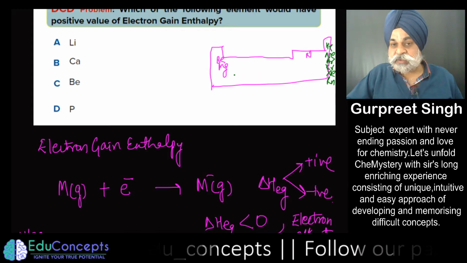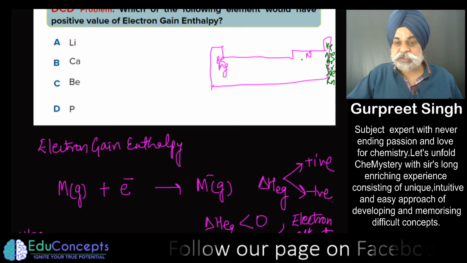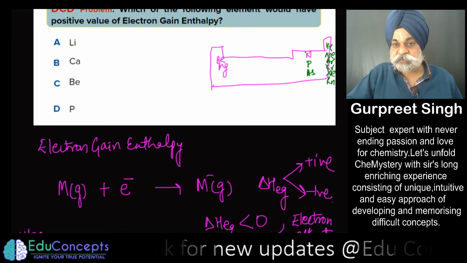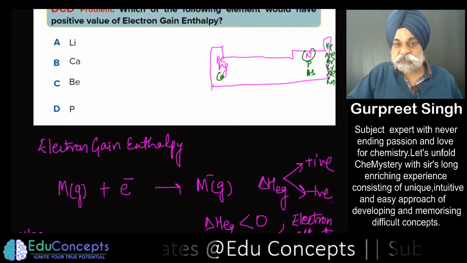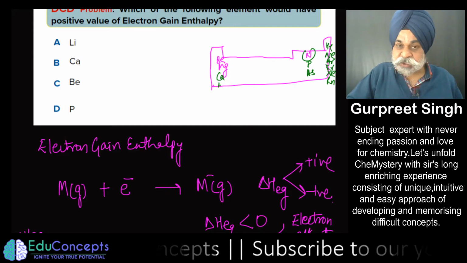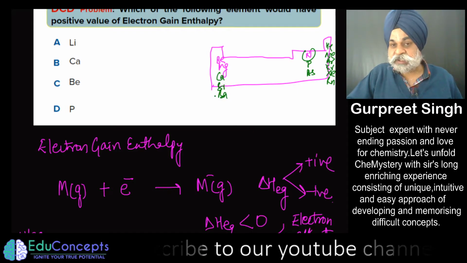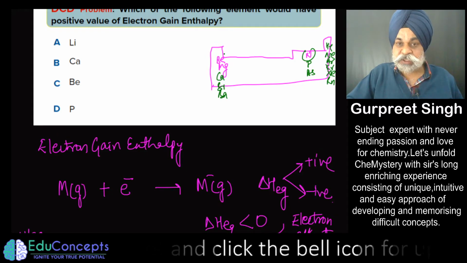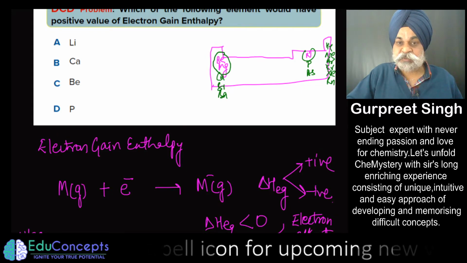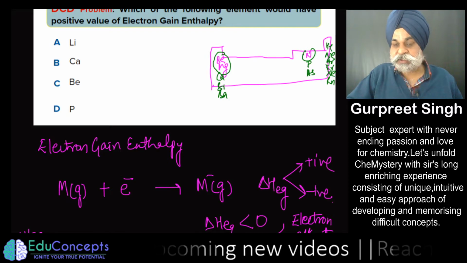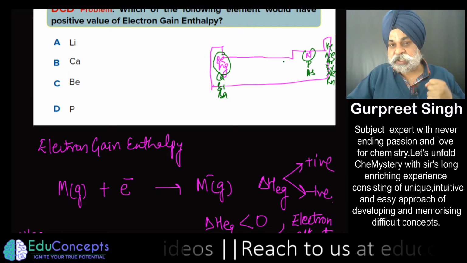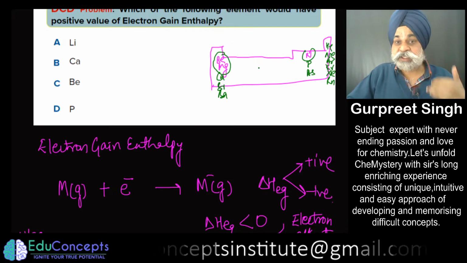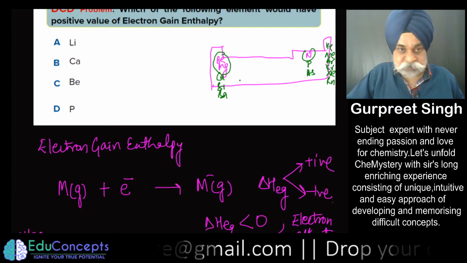So then you may ask your respective teacher or me, why isn't it for phosphorus, arsenic? Why is it only for nitrogen? Why not for calcium, magnesium, calcium, strontium, barium? Because the valence configuration is the same. So we can sort it out this way: these elements would have a smaller size, and so does nitrogen. So the incoming electron would definitely be getting repulsion from the valence electrons. So this is the way to digest the thing.